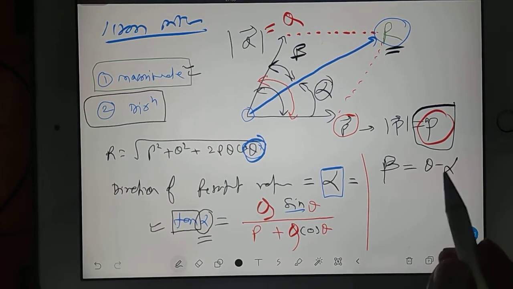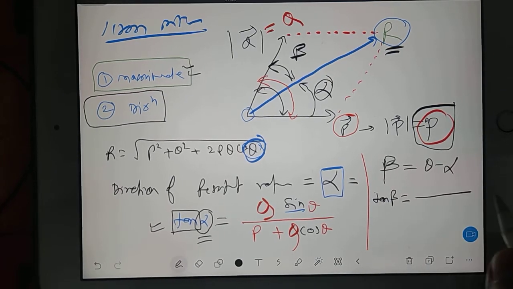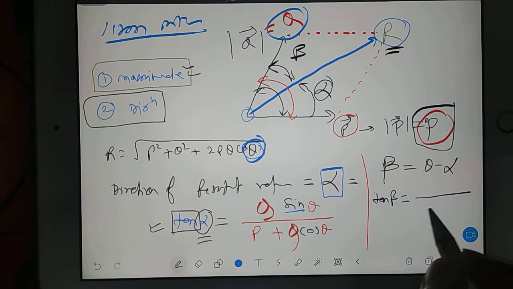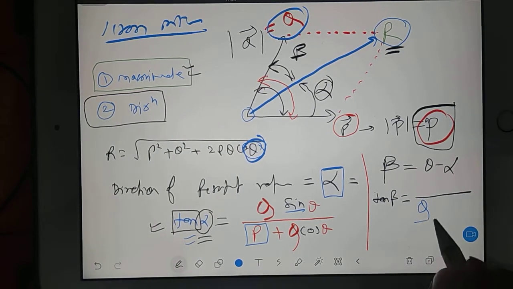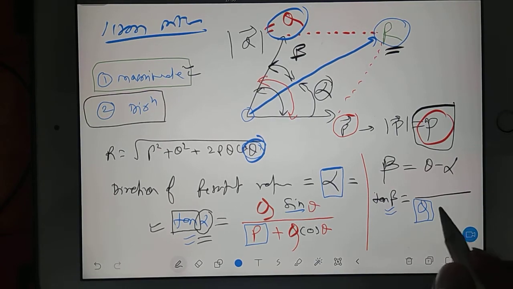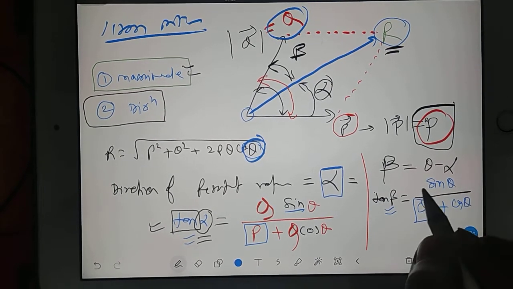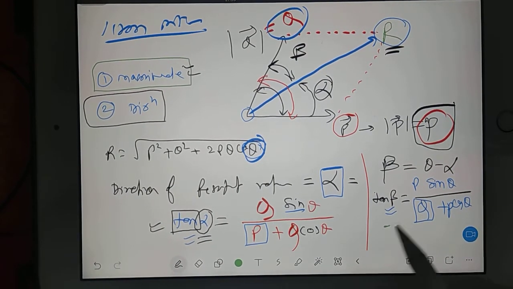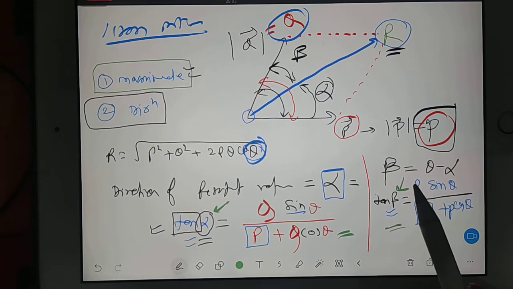And there is another way, and you can get beta. You apply tan beta. Now, same concept. From which vector you want to find out direction? From vector q. So this time you write q here. Earlier I was writing p here to find out alpha. Now I will write q here to find out beta. Okay, then put plus sign. Then you write sine theta here, then sine theta here and cos theta here. And you write p here and you write p here. Simple. So you see here, both the equations are totally matching. Now, alpha and beta, you know how to find out. So whatever they are asking, you can just quickly find out.